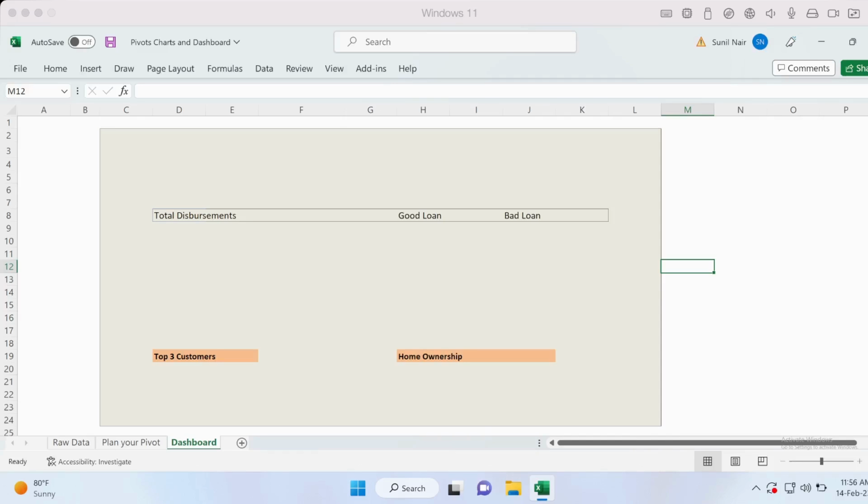So we have created a new sheet here called dashboard, and using simple formatting, I've created a fill color and a border. Also added some labels here with which we can add a little more value to our dashboard. So basically I want to find out the total loans that have been dispersed, how much percentage of it is good loan and bad loan, and I also want to list down the top 3 customers as well as records